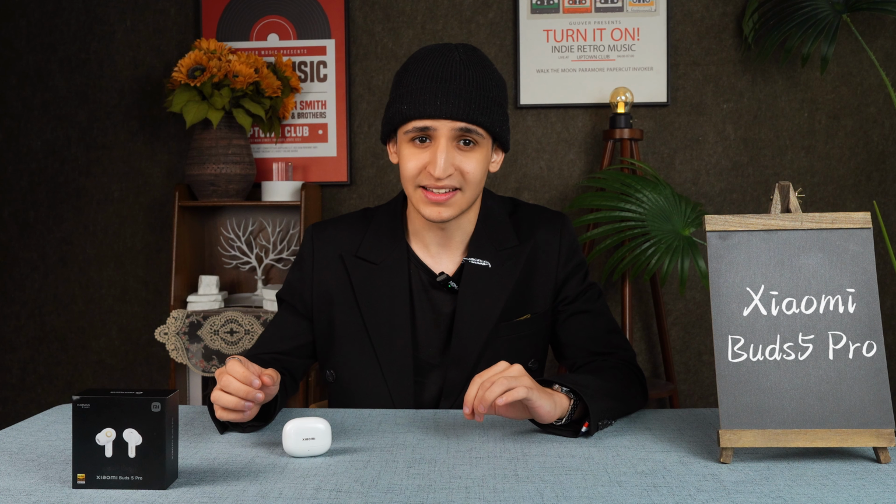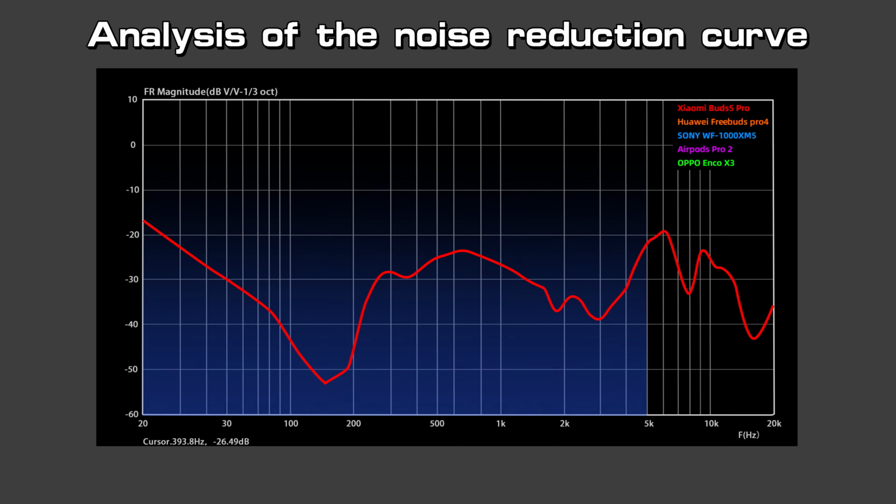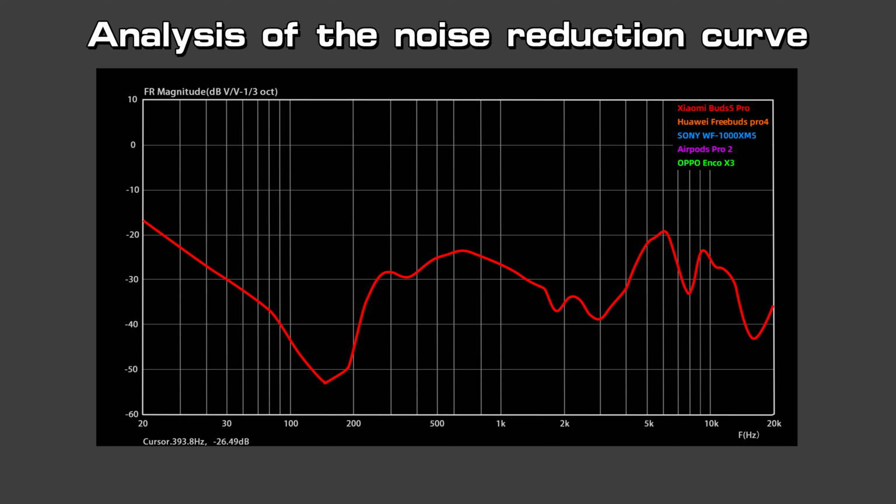The claimed minus 55 dB noise cancellation depth by the official source is fairly accurate in practical use. However, for the 6K Hz noise cancellation bandwidth, our multiple tests revealed that its actual performance reaches a maximum of 5K Hz. In terms of average noise cancellation depth, the Xiaomi Buds 5 Pro is comparable to the Enco X3